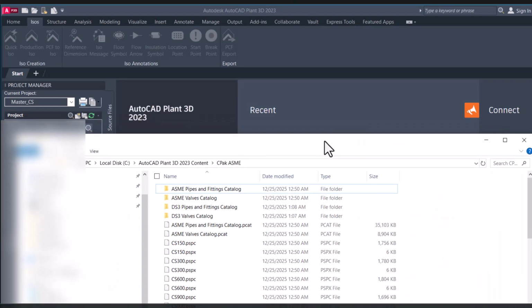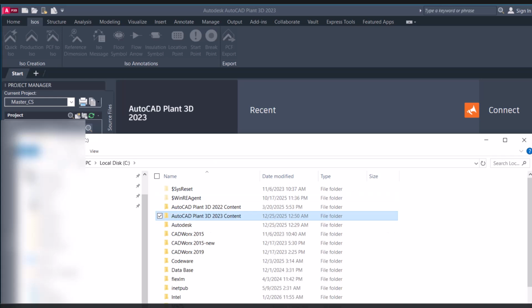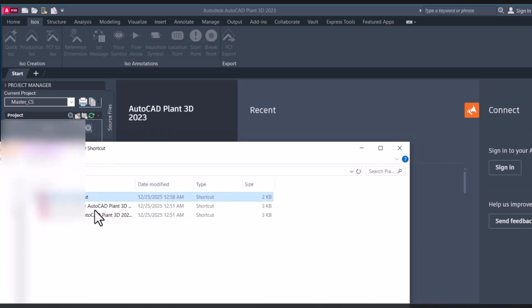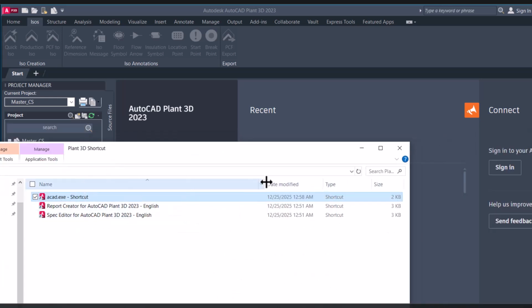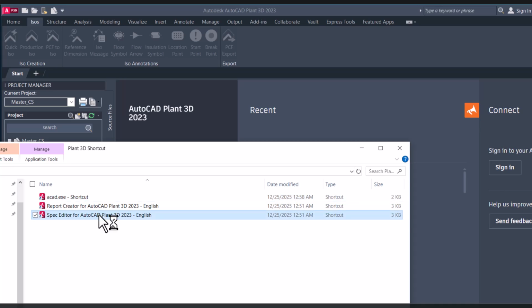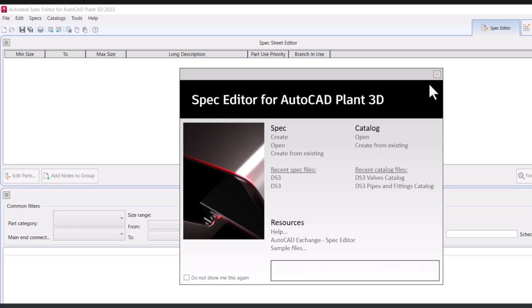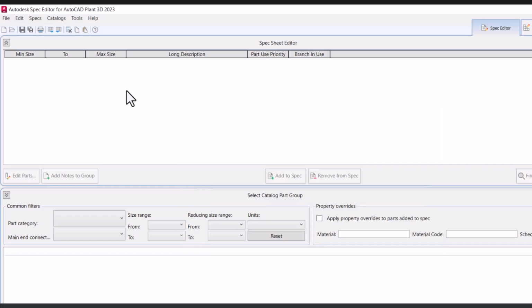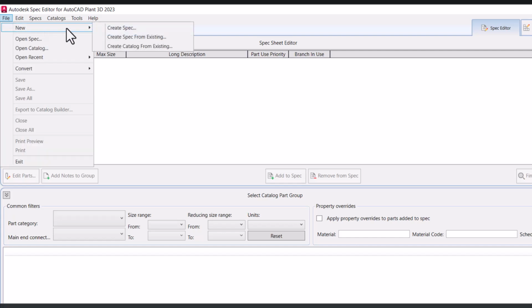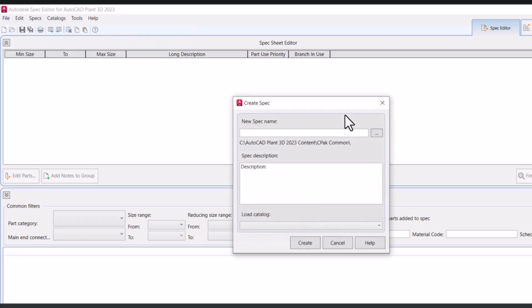So now we need to start building our specification. I have made shortcuts for the specification editor and the AutoCAD Plant 3D software. So this is the specification editor. You can see that right now I don't have any specification. So first we need to create a new specification. I will just name it 1CS1P, which is